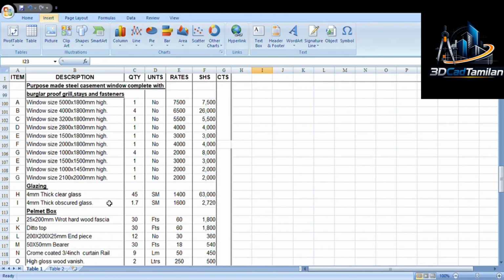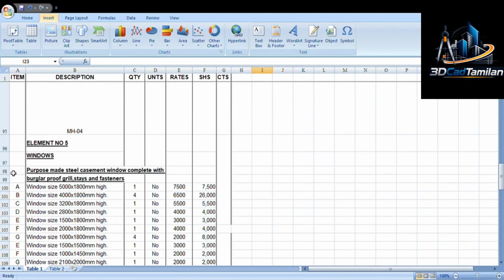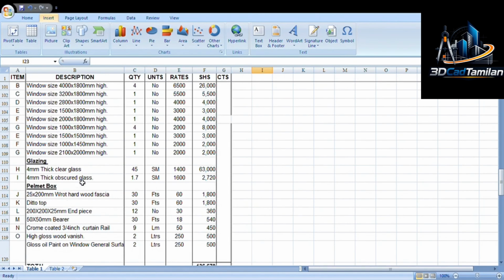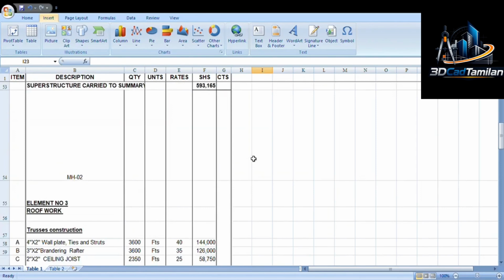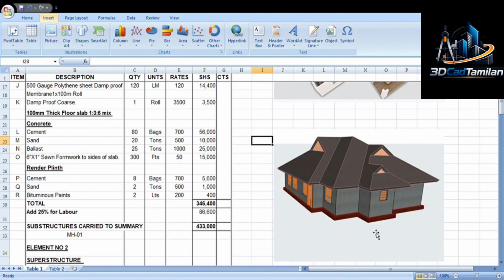Then you come now to element number 5, which is windows. So windows also depends on the style you want, and also depends on the number of windows. For this case, we'll need a total of 1, 2, 3, 4, 5, 6, 7, 8, and 9 windows. So remember, these windows include the ones for bathroom. For bathrooms, this one is the bathroom. We need for the